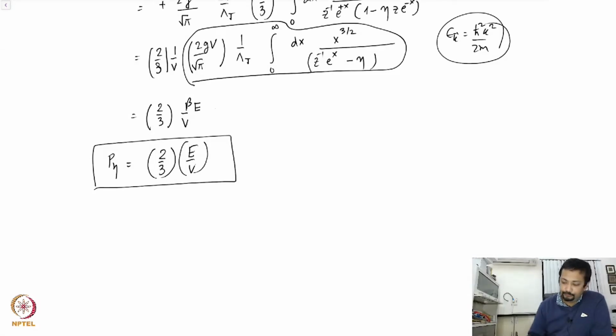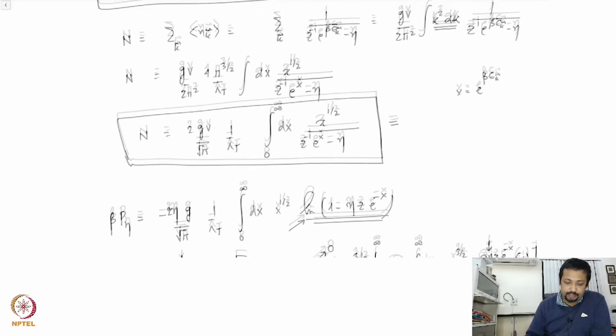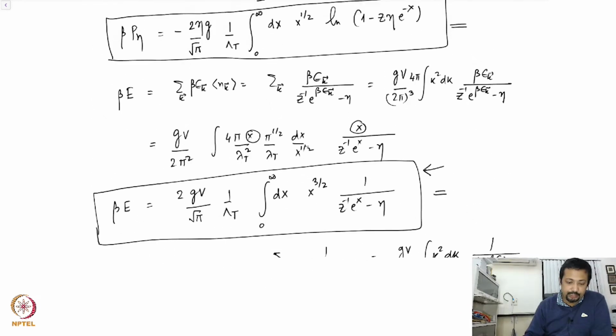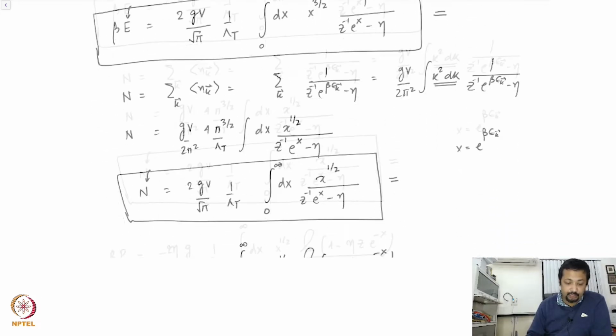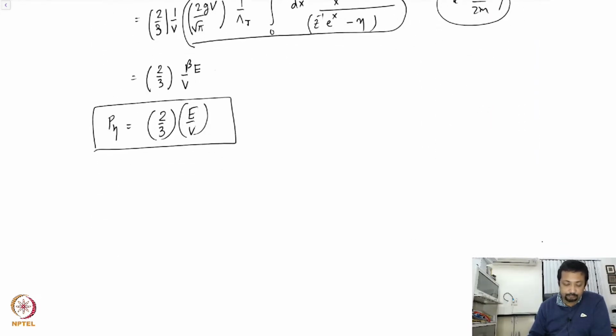Now, if you look at these expressions, then you see that P eta, E and N, I can recast them as beta P eta is equal to minus